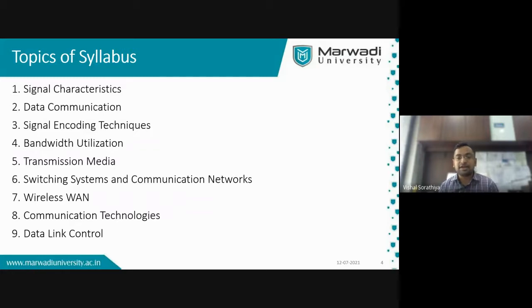The fifth chapter is related to transmission media. As I have told you, there are basically two types of transmission media: first wired, and second wireless. Wired, you can all relate to, like your cable TV network, your computer broadband connection, or the fiber optic connection in your office or our college.